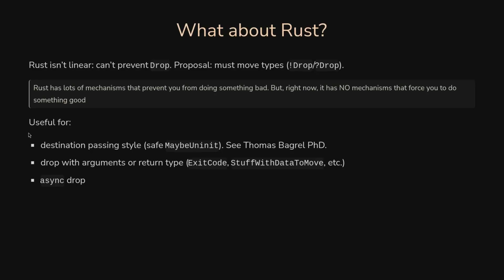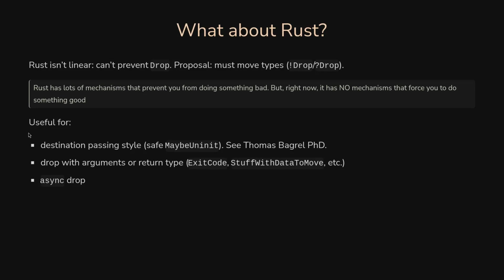There is a hash map in it. If you drop it, Rust wouldn't complain. And so what I would have liked here is to have a linear type system that says, actually, no, you cannot drop this. There's a blog post by Niko Matsakis about what he called must-move types, types that you cannot drop. It has applications, we can talk about that later, but for async drop, for example, it would make the async drop proposal easier to implement.